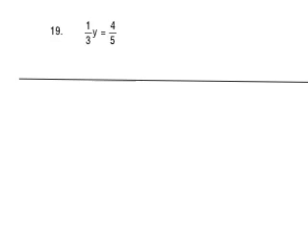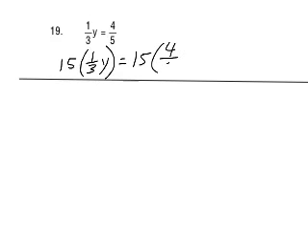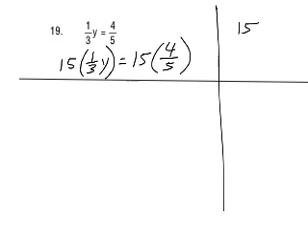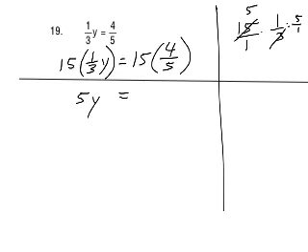Okay, the least common denominator is 15. 15 times 1/3 y equals 15 times 4/5. Okay, 15 times 1/3, 15 over 1, cross cancel, and we get 5. 5 over 1, or 5. Alright, so here we have 5y, and that equals 15